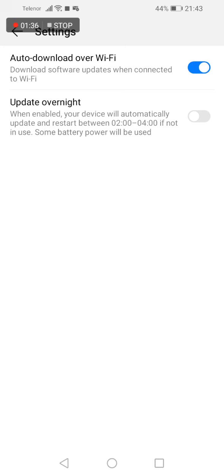But if you enable those options, your phone will update overnight and download over Wi-Fi connection. Be sure that your Wi-Fi option is enabled, because those updates can be big files, over 15 megabytes and even